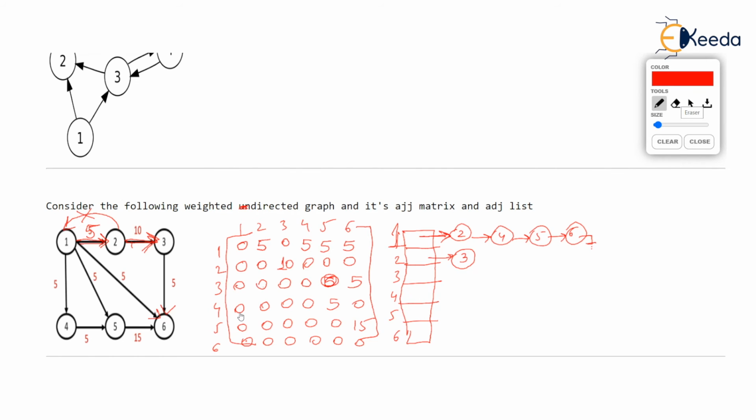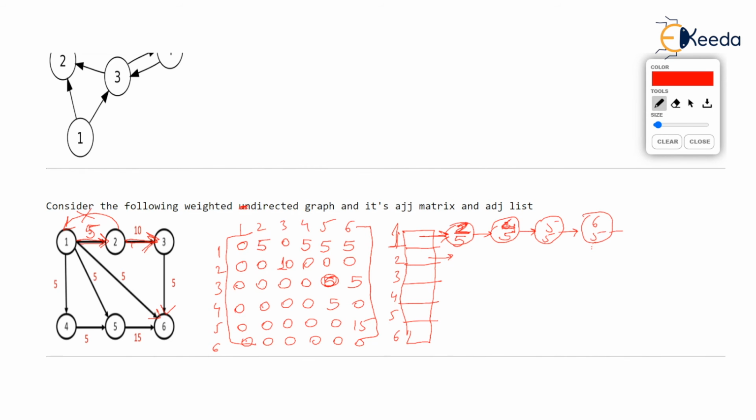Okay. So how do you store this weighted graph? Just check this. Okay. 1 is adjacent to 2. So we will say 1 is adjacent to 2, and we will store the weight also over here. We will have to store the weight. So the first element in the node here will give the vertex. That is, one is adjacent to 2, and the second element in the node will give the weight. One is adjacent to 4 with a weight of 5. Yes, one is adjacent to 5 with a weight of 5. One is adjacent to 6 with a weight of 5. I hope you got this. And the next pointer in this last node will be null.